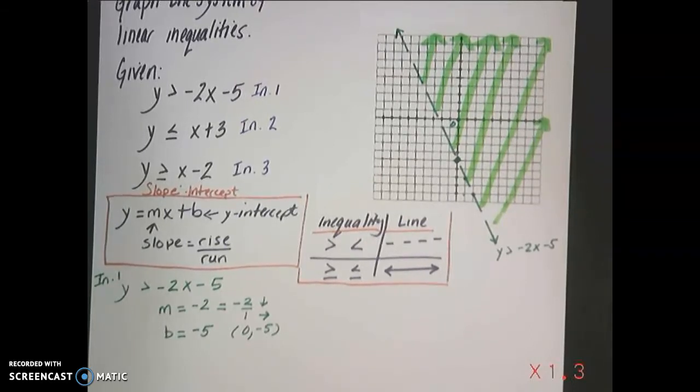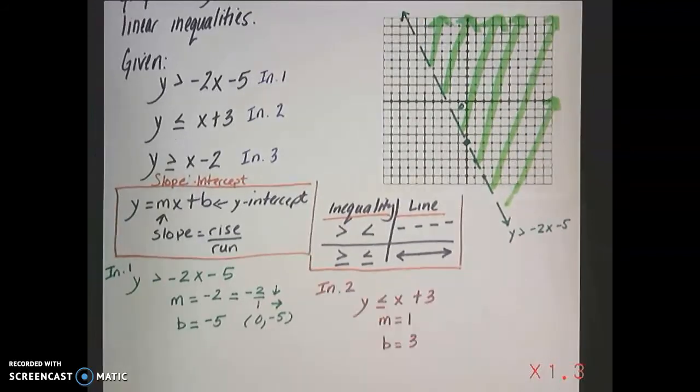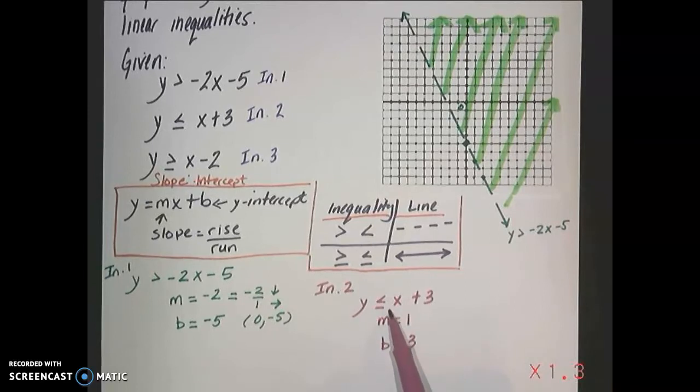I'm going to set up the second inequality. Okay, folks, so here we go. My second inequality is y is less than or equal to x plus 3. Given that I don't have any number in front of this x, it's understood to be a 1 there. So my slope is 1, and my y-intercept is what's after the x, so this is going to be 3. So I know here I'm going to have a point